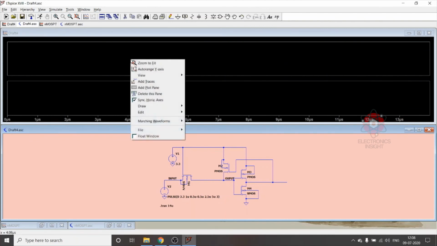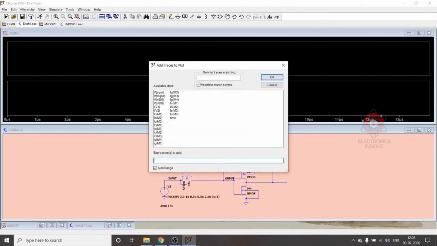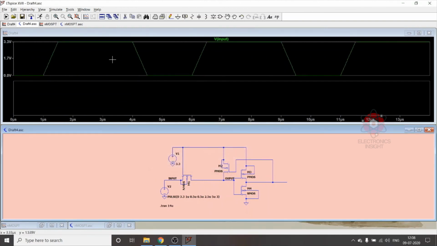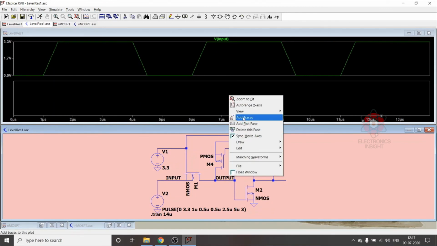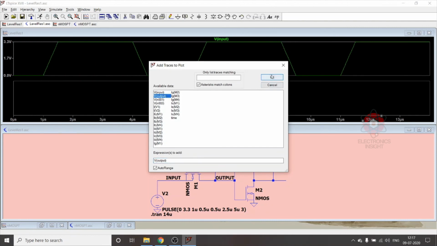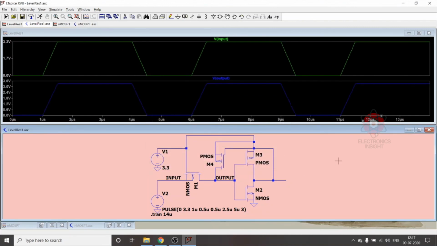In the first window I'll add the trace V of input. So this is the input voltage. Now we are bothered about the output waveform. Let me add the trace V of output, and there is no drop in the signal levels. Completely, the signal degradation problem or the threshold voltage drop problem has been restored using this CMOS inverter and this feedback-connected PMOS pass transistor.